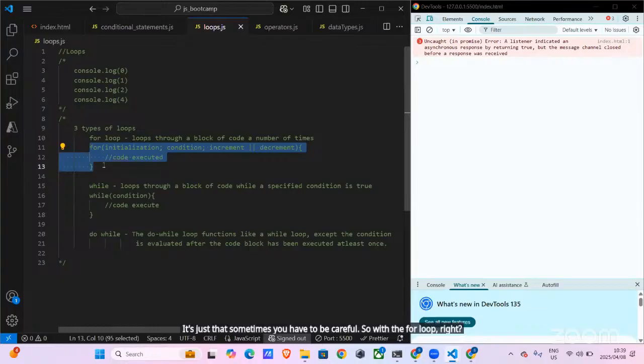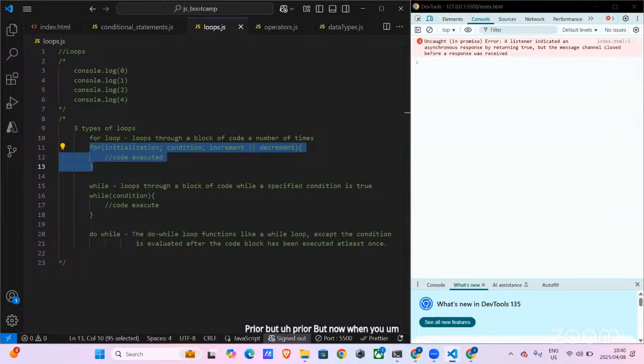You use a for loop when you know the exact number of iterations you want in advance. So if you say I want to loop this code 5 times, then it is ideal to use a for loop, right? Because the number of iterations are defined or are known prior. But now